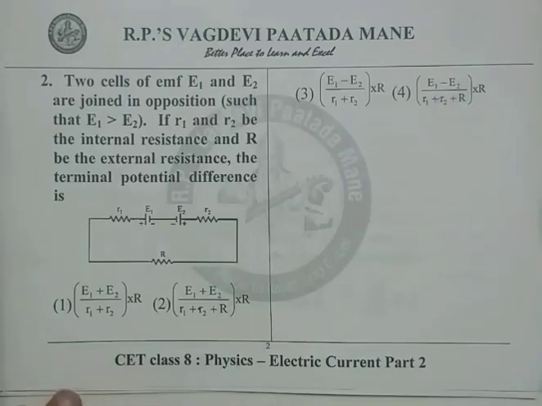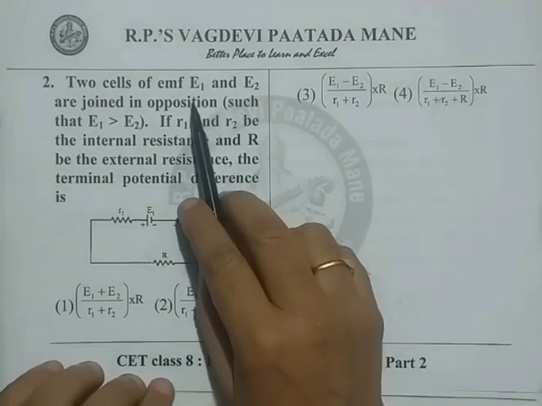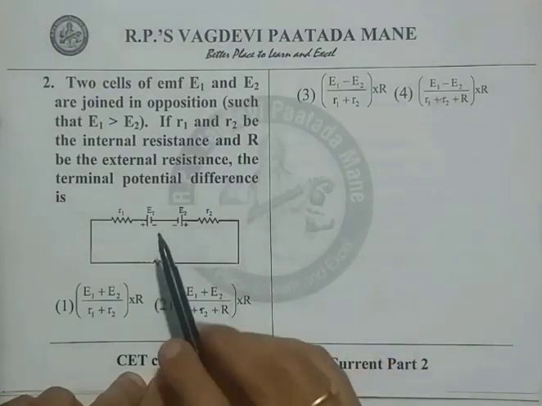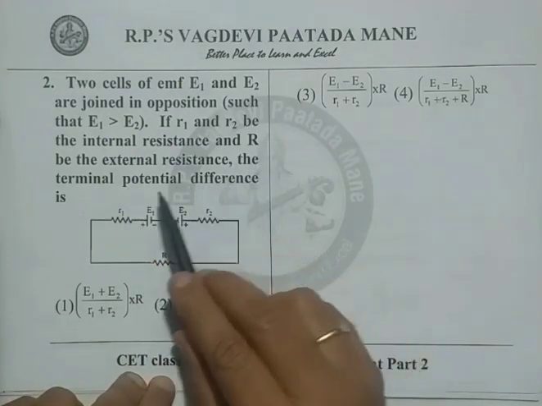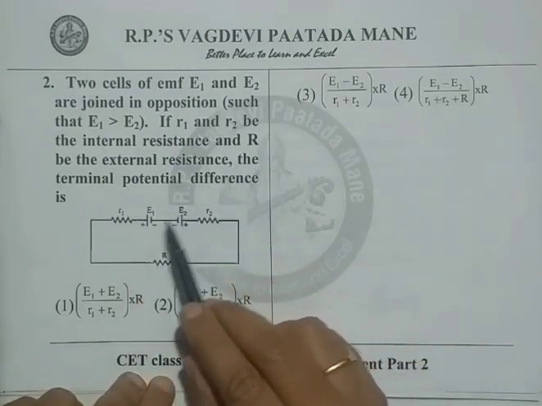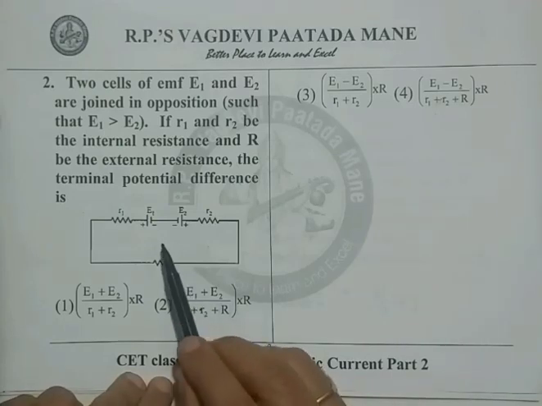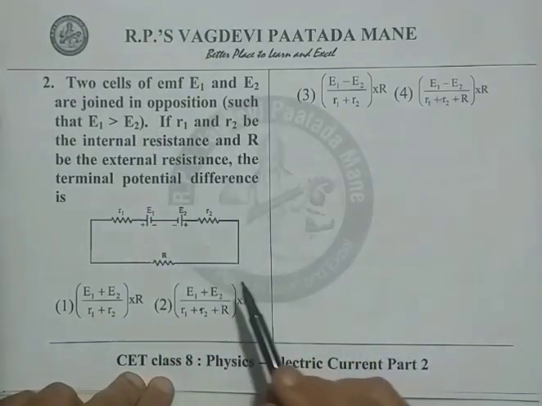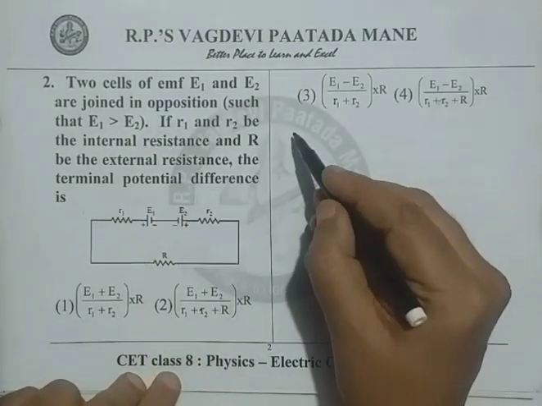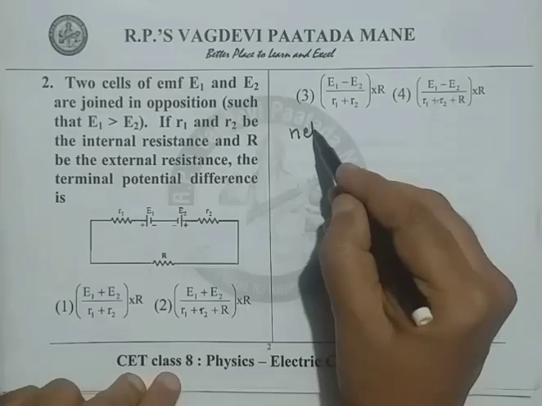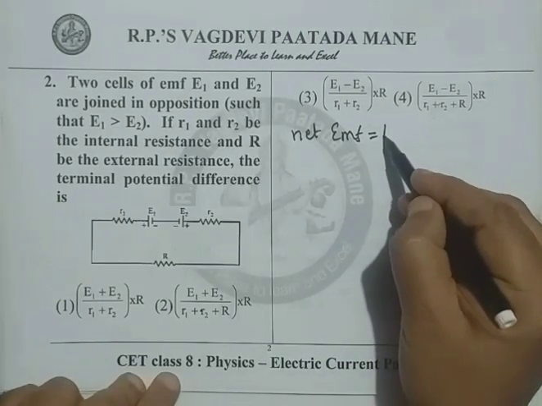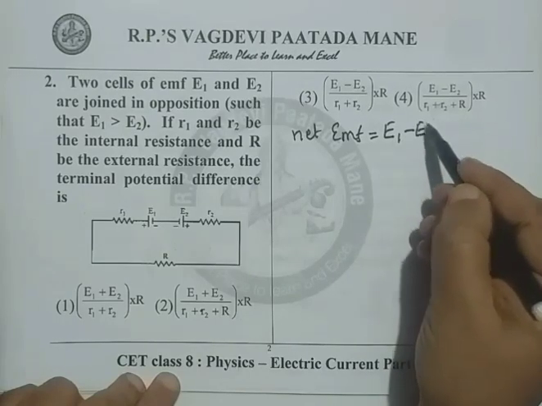In this second circuit, two cells of EMF E1 and E2 are joined in opposition such that E1 is greater than E2. If R1 and R2 be the internal resistance and R be the external resistance, the terminal potential difference is, observe here, there are two EMFs, E1, E2, and E1 is larger than E2. Therefore, net EMF is E1 minus E2